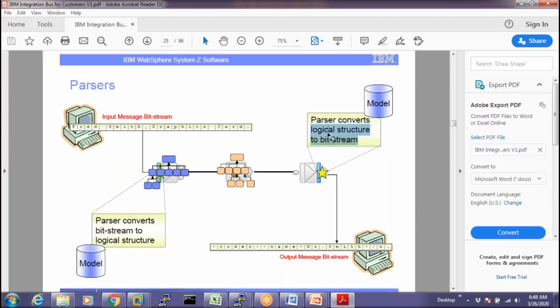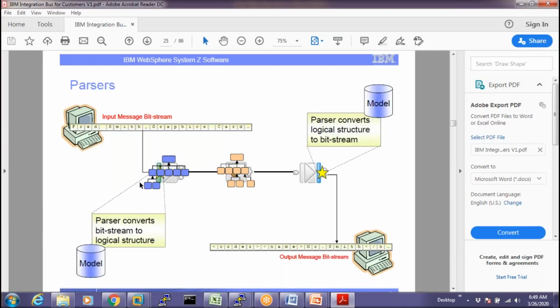No, it is not smaller. We are not going to decide whether it is small data or huge data. It's not in our hands. It depends on the data, whatever is published by the application people. If they are processing huge data, then huge memory is going to be utilized by the broker at the back end for the parser.